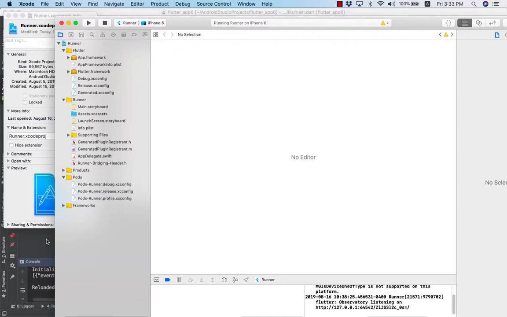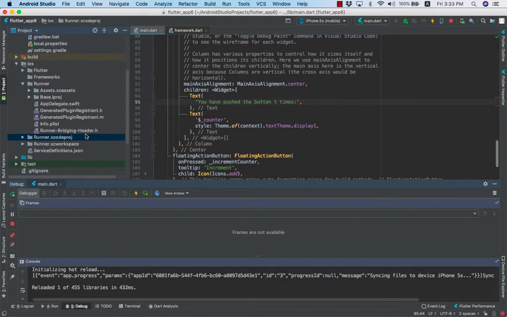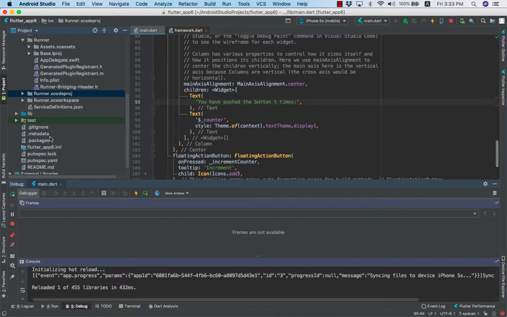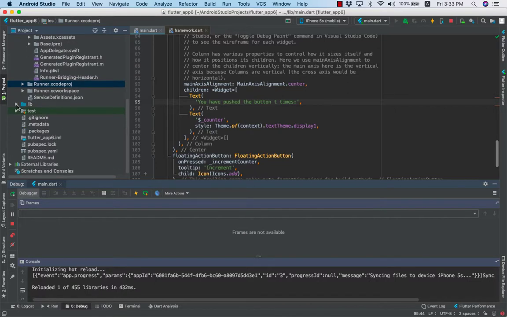Now, let's flip back here to our project. There's another interesting thing, of course: we can set up all kinds of tests here, which I did not do. Well, of course, I forgot. Our main Dart code is under lib,